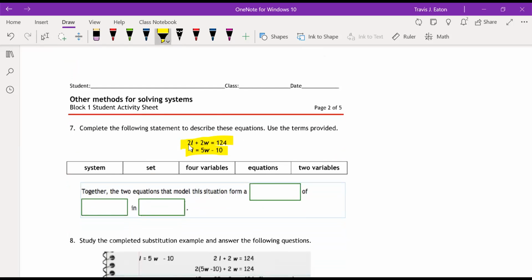And in this case, we had 2L plus 2W equals 124. Remember, that was the perimeter equation. And then the length of the swamp was 10 less than 5 times the width. So together, the two equations that you see here model this situation, they form,